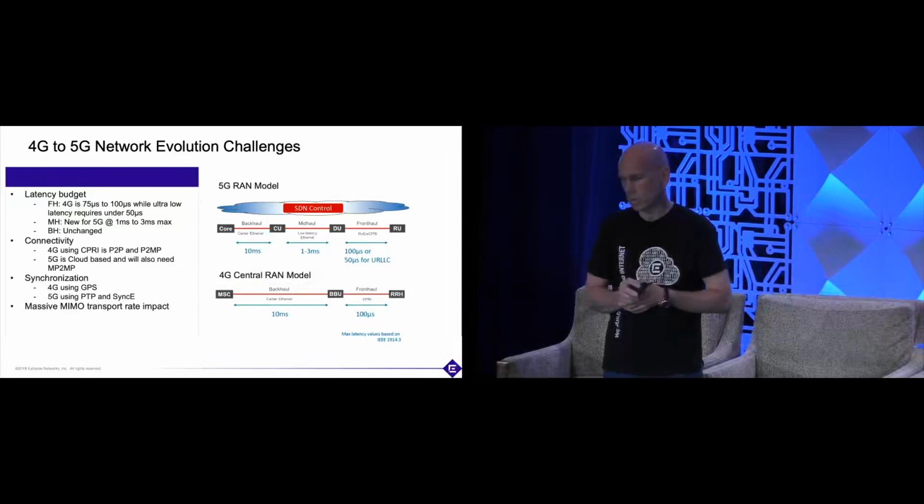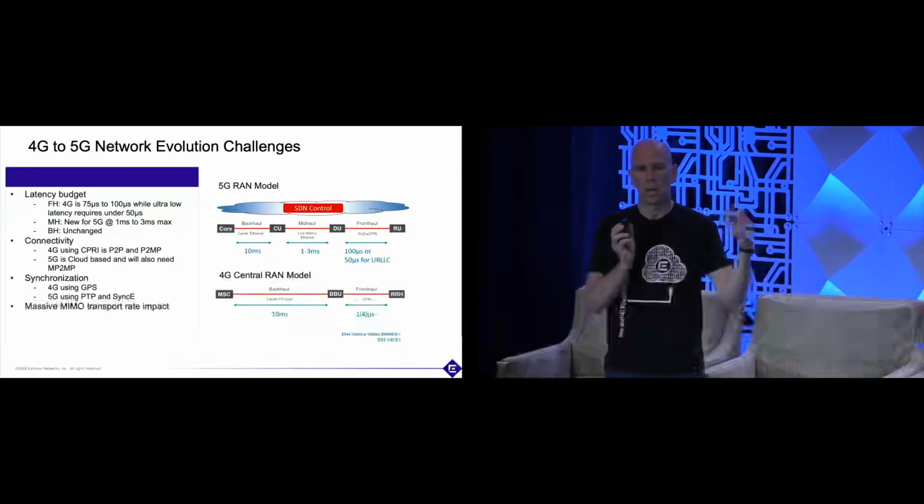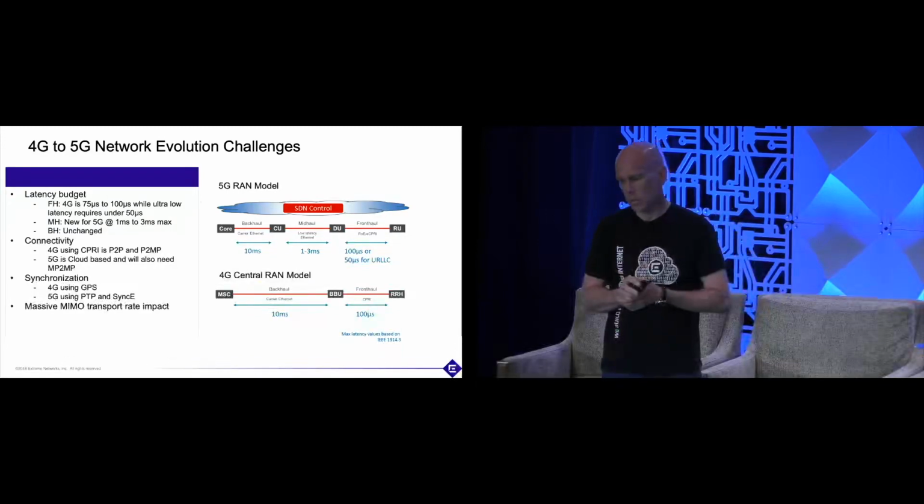You have your RU, which is your radio unit. You have your DU, which is your digital unit. You go into the CU, the customer unit. Now, the customer unit is actually an Ethernet switch, right? It's probably going to be a layer 2 switch. So going back to my example of your fabrics, this might be a small fabric in your edge network. And then you go into the backhaul, which is obviously your packet core.